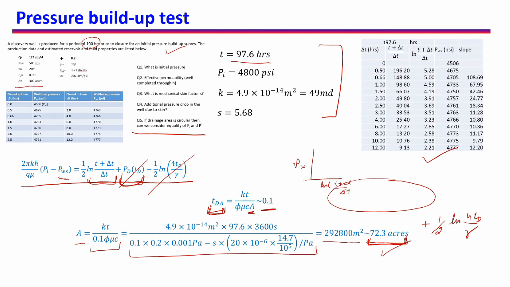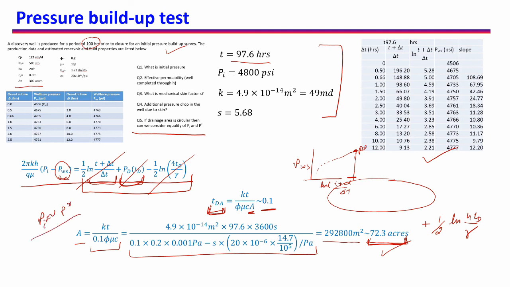Here if we have PWS, then we know that we will get a linear plot, and if we extend that linear plot, if this becomes 0, this will be P star. So that means if this is also 0, that means our PWS is P star. This is not PWS, this is P star. Now if this is P star, everything else here is 0. So that means Pi is equal to P star, or approximately equal to P star.